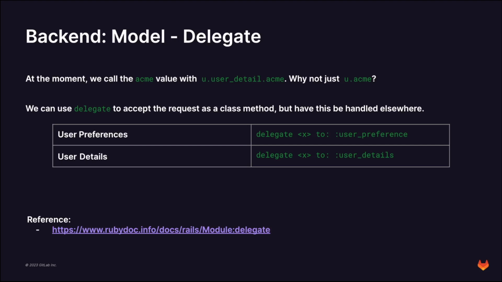So if we wanted to delegate something to user preferences, we can delegate X or acme to user preference, or delegate X to user details, and so on. So I'll show an example of what this is going to look like in our application. So if we come back to our code,